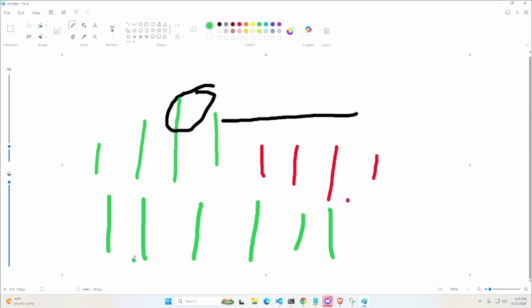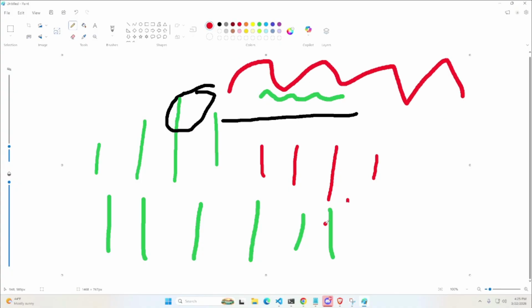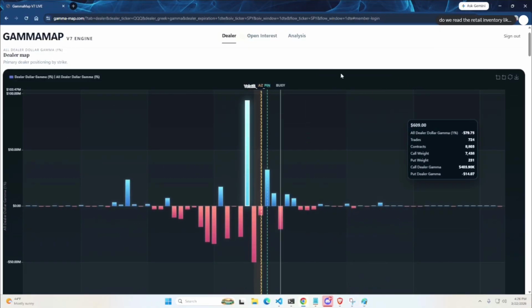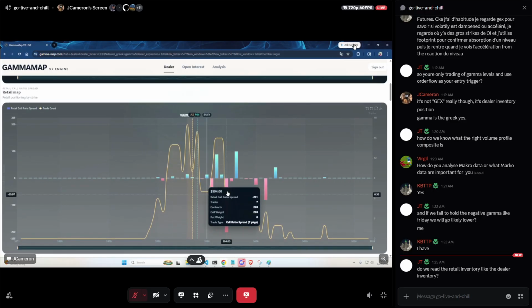They're going to calm the market. That's more of a calmer ocean. Negative gamma is chaos, right? So if you're a day trader or futures trader or anything in regards to trading, negative gamma is going to be... The retail inventory is just an idea of, first off, the retail picture is just, this isn't gamma.